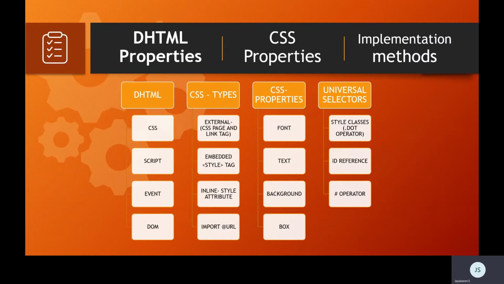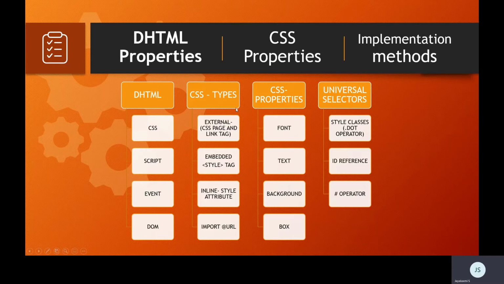Okay. So what are the CSS properties? We are going to look into only one phase of that in the upcoming session, and in later videos, we will look into event handling and other properties. As I discussed in the previous slide, the properties of DHTML are CSS, script, event, and DOM.